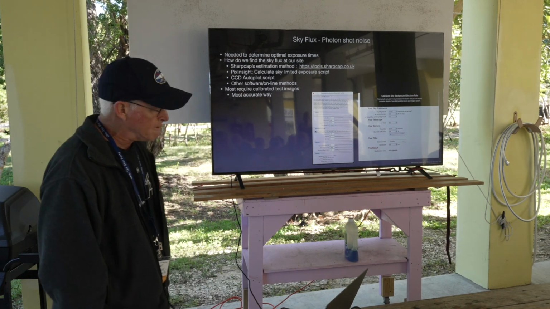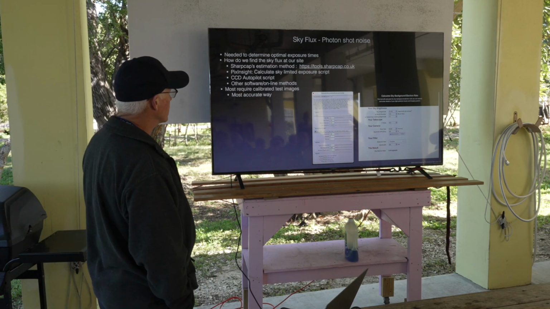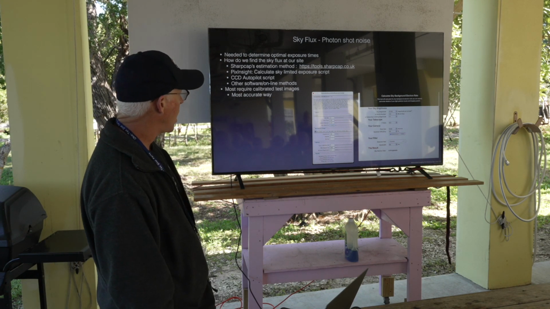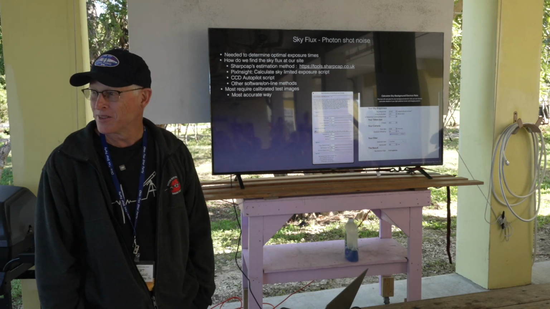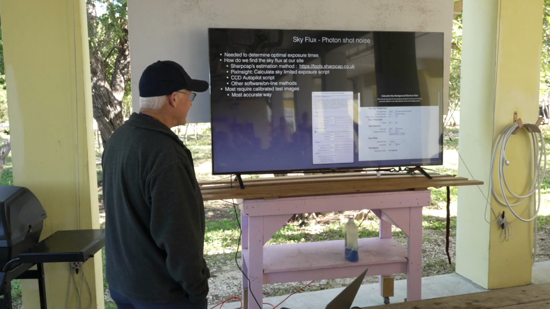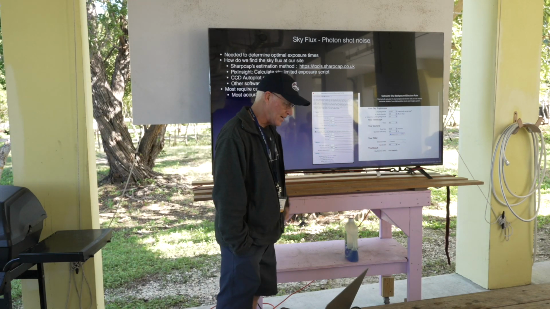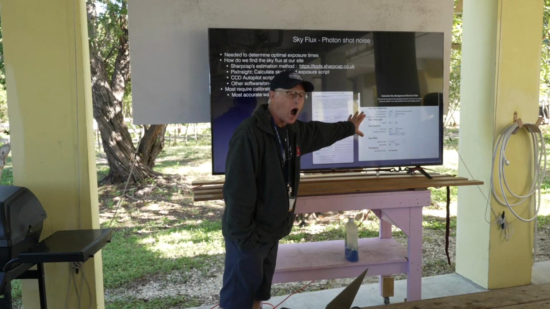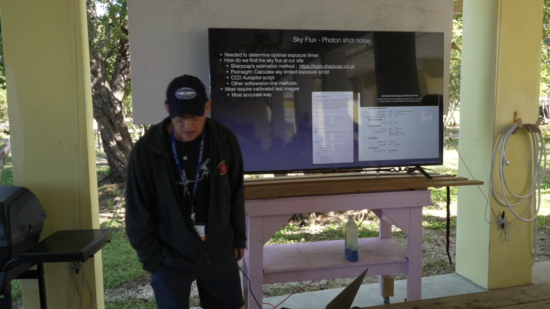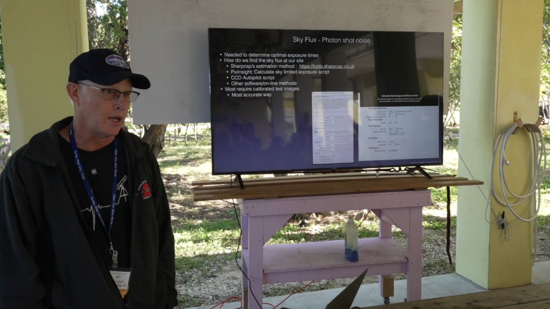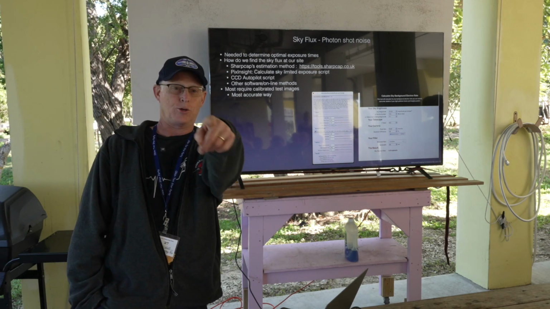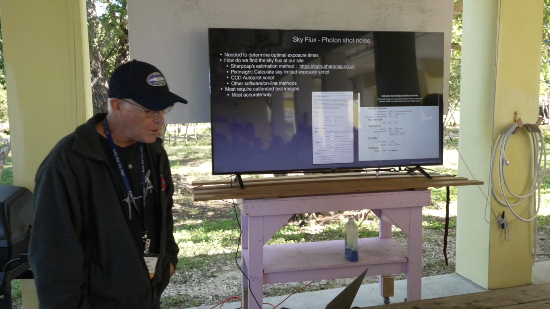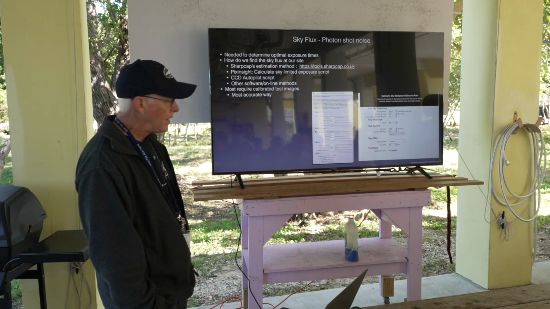So part of that equation is how do we figure out what this photon shot noise is? Well, there's an app for that. And this app is actually an online calculator. It was developed by this brilliant physicist in the UK called Dr. Robin Glover, and some of you may know of him. I know one person here that follows what he does. He was pretty brilliant, and he came up with this